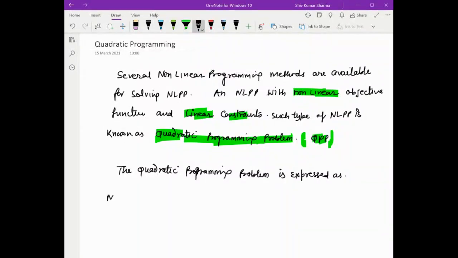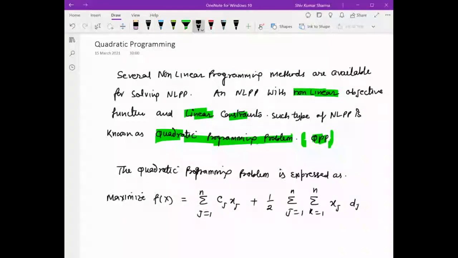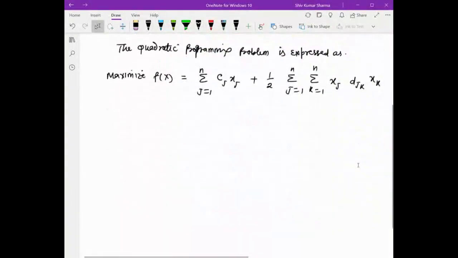can be expressed as maximize f(x), maximize the objective function, that means f(x), which we write as summation j equal to 1 to n cj xj plus 1 upon 2 summation j equal to 1 to n and summation k equal to 1 to n xj djk xk. So this is the objective function which is in non-linear form